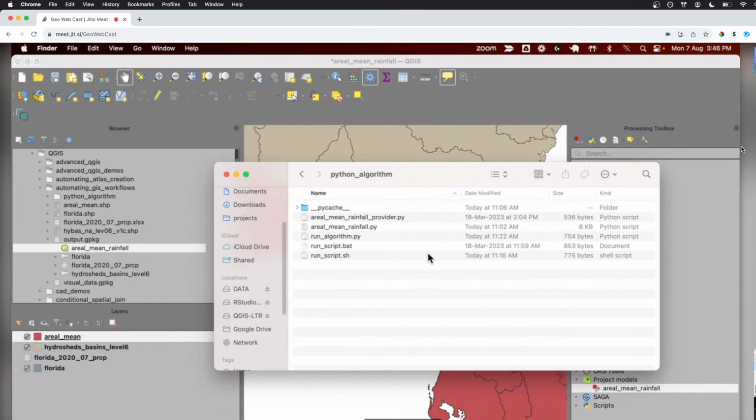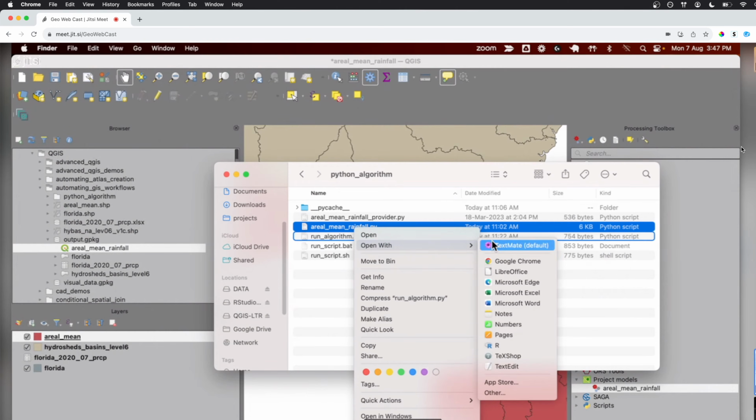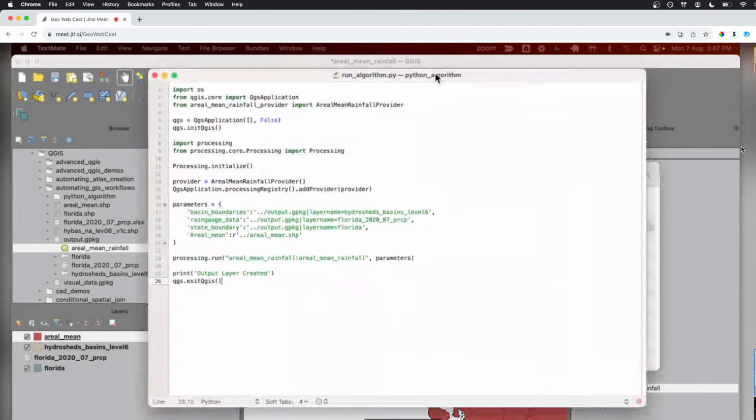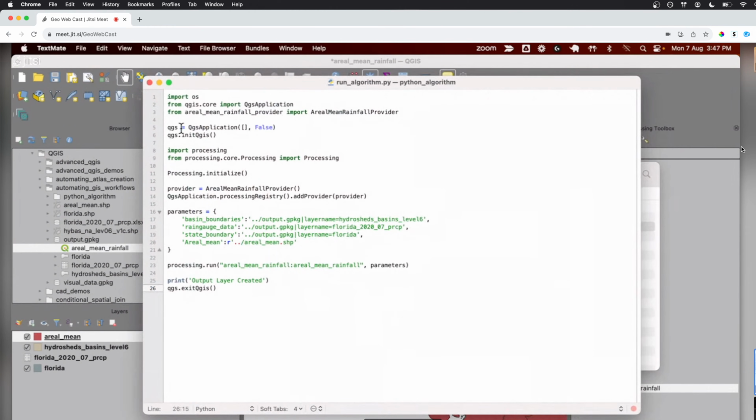So here I have put this here. This is the algorithm directly exported from QGIS, no changes. And I want to run this in headless mode. So the first thing I want to do is write a script that starts QGIS in headless mode. We are saying there's a class called QgsApplication. We initialize this and we say False. False means don't start the QGIS UI. Just initialize QGIS, load all the required paths and packages, but don't start QGIS. Right? So we start, let's say, initialize QGIS.